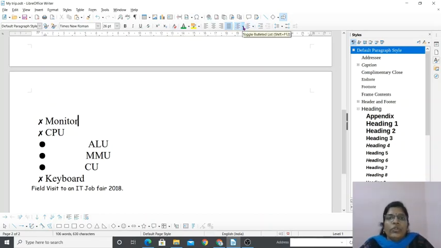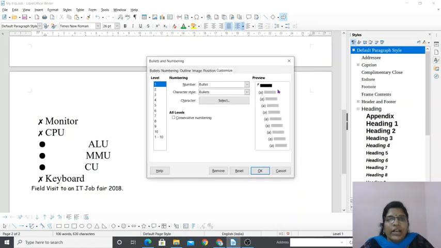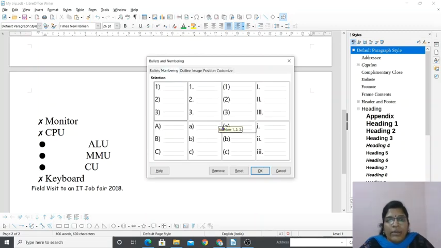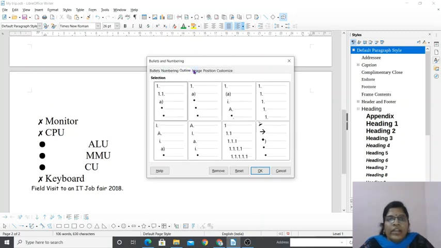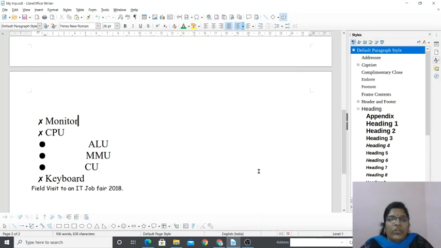If you want to go for more options, more bullets, click here and you can see the bullets and numbering dialog box appears. You can choose the level, consecutive numbers, whatever, you can just read and understand. Bullets and numbers you can see here. Outline, so this is a nested bullet. If you want to go for a nested bullet, you can choose this type of options here. So for nested bullet, you can go to the outline tab in the bullets and numbering dialog box. Otherwise, you can also do it by yourself. Okay, good students, let me click on the OK button. This is all about bullets and numbers.